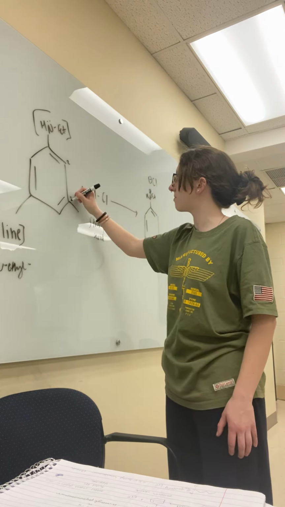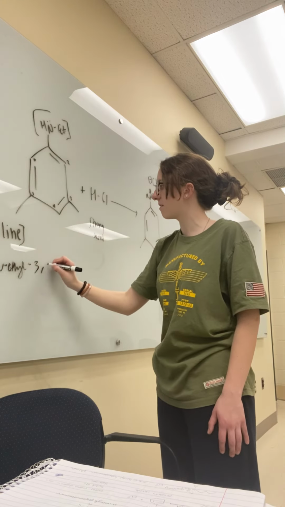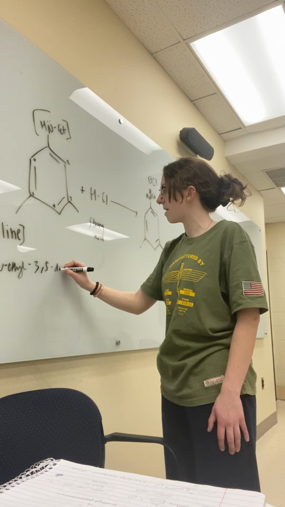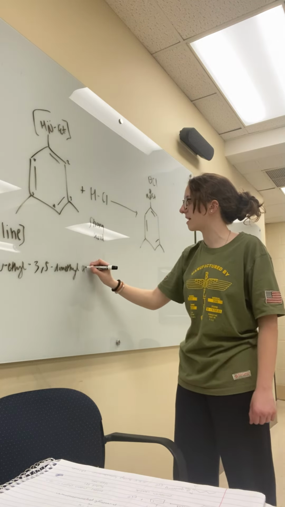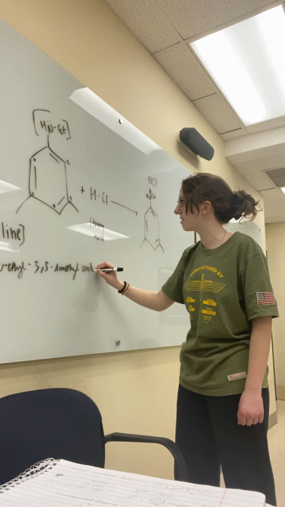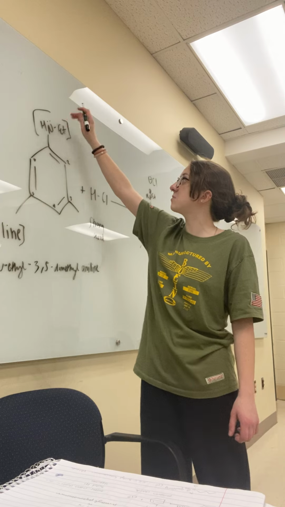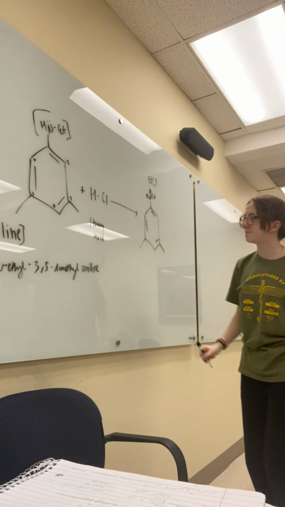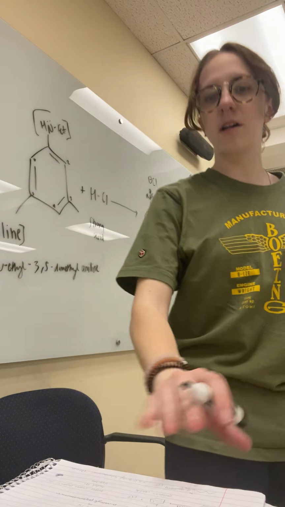You can number this way, 3, 5 dimethyl. And then we could just write aniline. You don't need to write that it's an amine because of the specific name for the benzene ring, and this is aniline, right? You're adding the HCl,